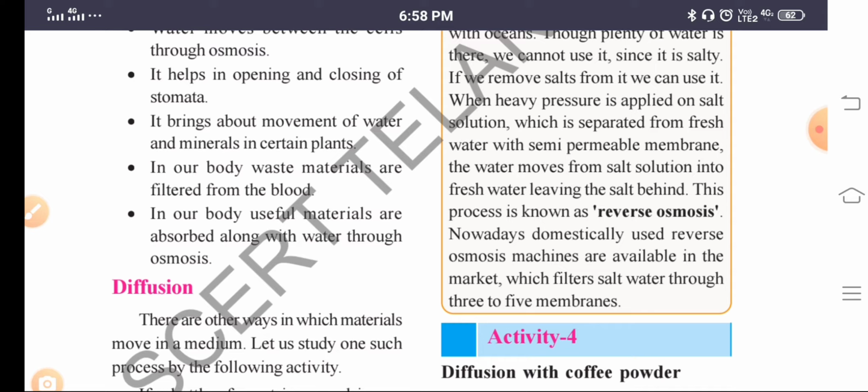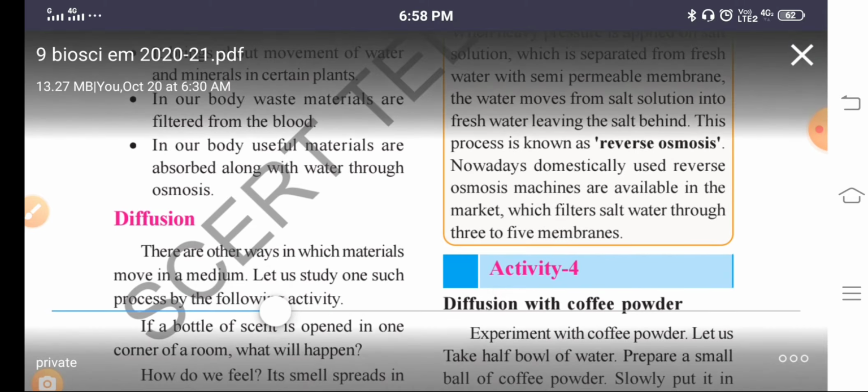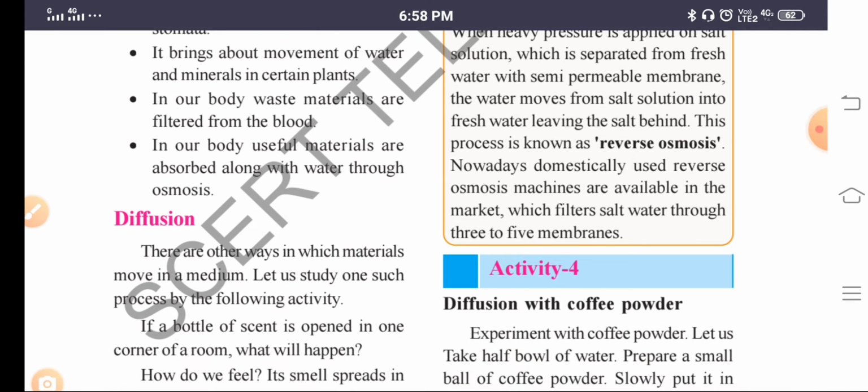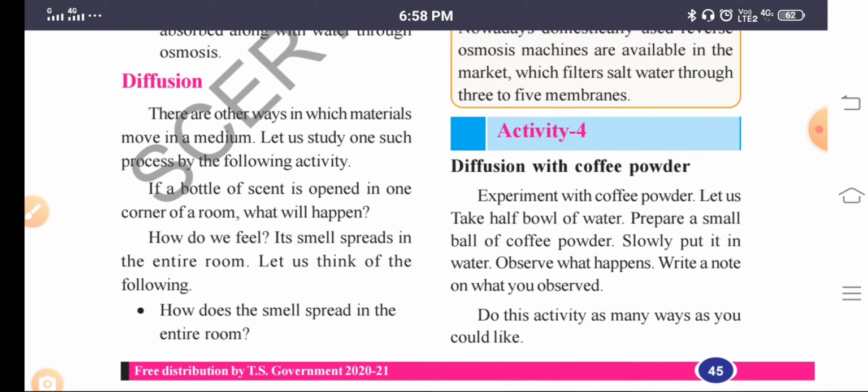So in our body waste materials are filtered. In our body useful materials are absorbed through osmosis. Next another important one, now